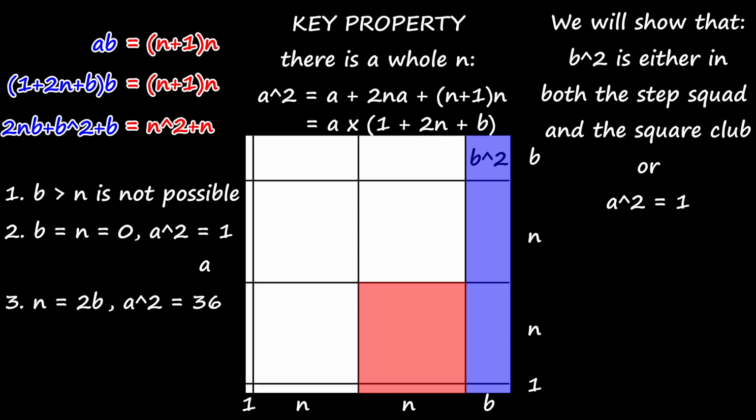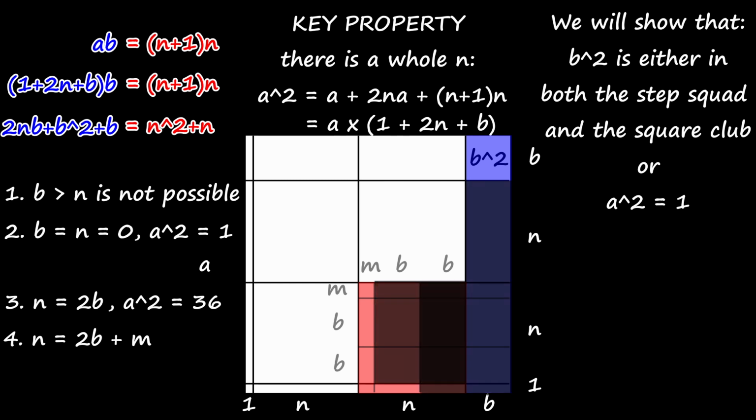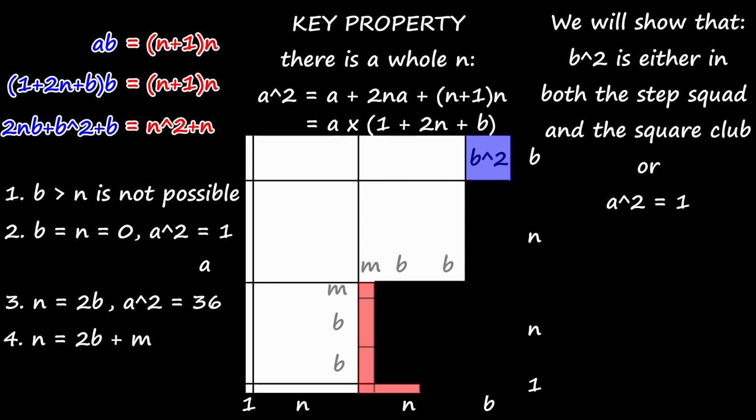Finally, here is the geometry of the last case of n equals b plus m, where m is a whole number. We cut away the areas from the rectangle a times b that we can find in (n plus 1) times n. We end up with b squared being equal to b plus 2mb plus m times m. But this is exactly the same relationship between b and m as we had between a and n, which makes b squared arrangeable as steps of a length of b plus m. Now we summarize. We have first assumed that a squared can be rearranged as steps of the length a plus n. Then we have discovered that either a squared was the trivial one, or that there was a smaller b squared that can be also rearranged as steps of the length b plus m.